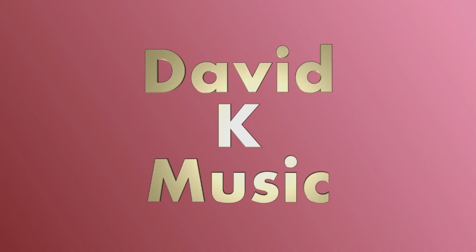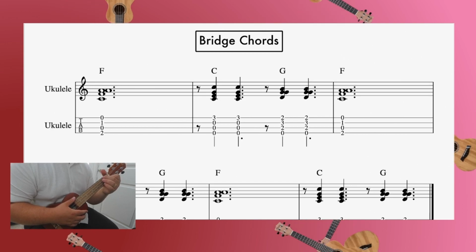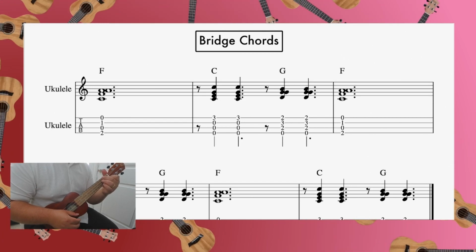So again, if you had an ensemble situation, you could take separate parts of the verse and melody and divide them up that way for a performance. So the last thing to look at is the bridge chords and the bridge melody, and we'll start with the chords. So for the first few bars, we start on the chord of F,